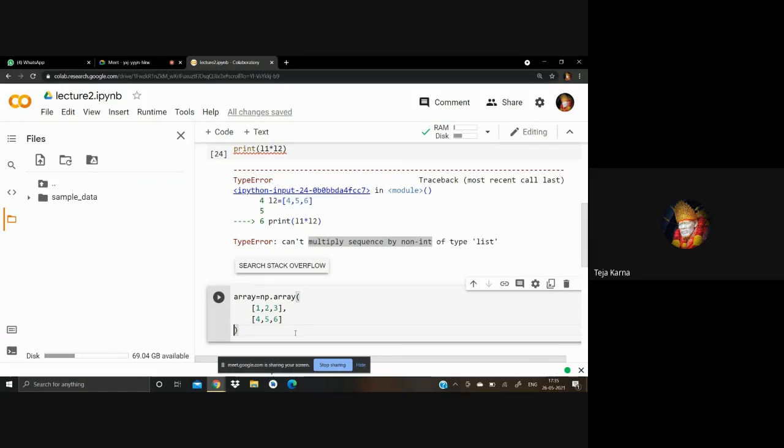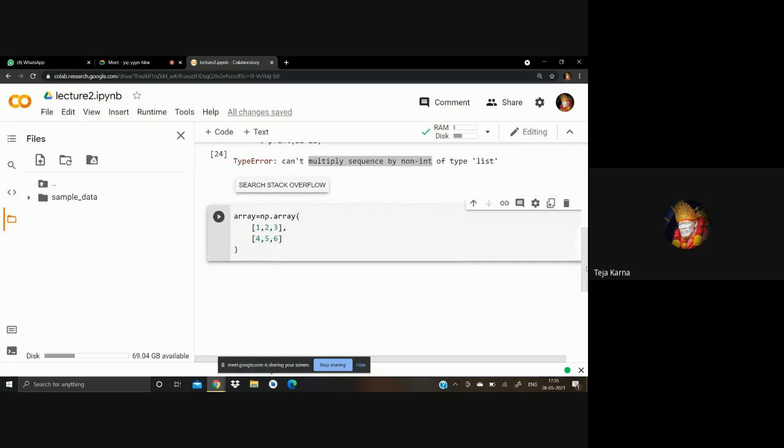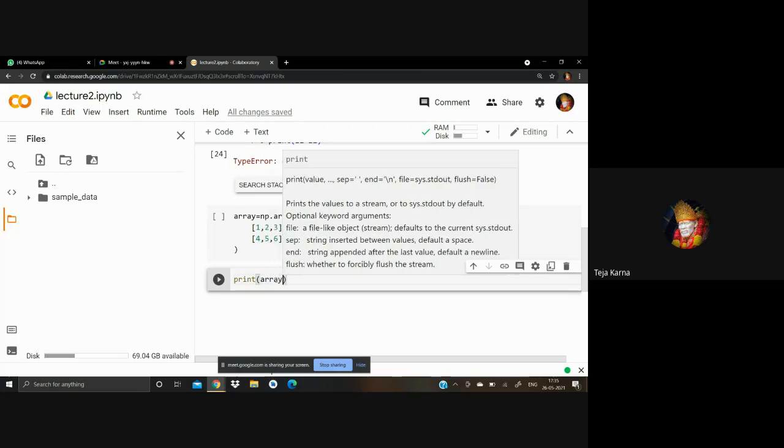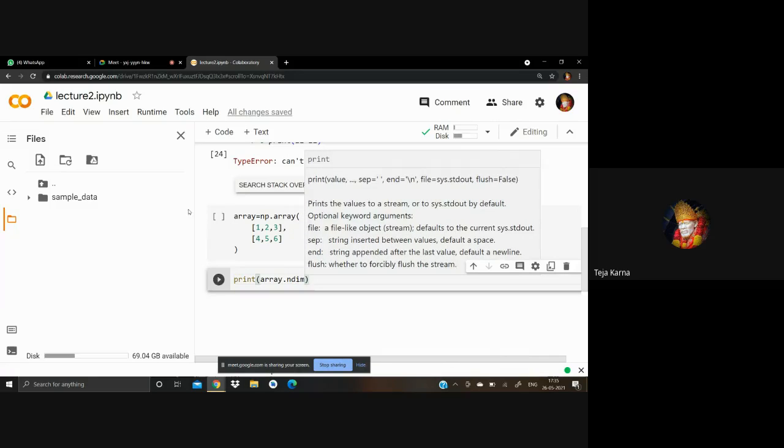We have created a two-dimensional array. Now we have to check whether it's a two-dimensional array or not. We'll simply print array.ndim.